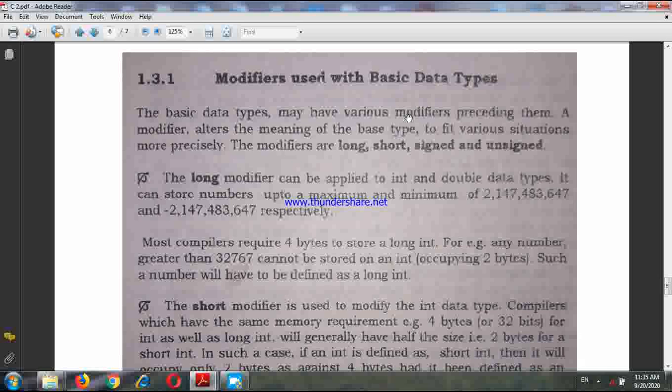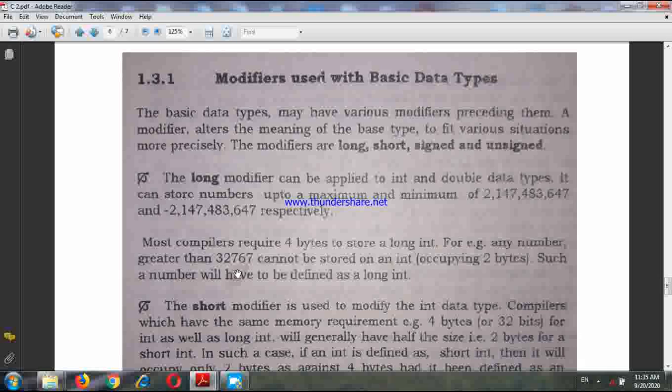But we know, as I have told you, an integer type variable can store data from -32,767 to +32,767. Now suppose you need to store a value of greater magnitude, say 32 lakhs of something, and that also of integer type. So instead of int, we write long int.